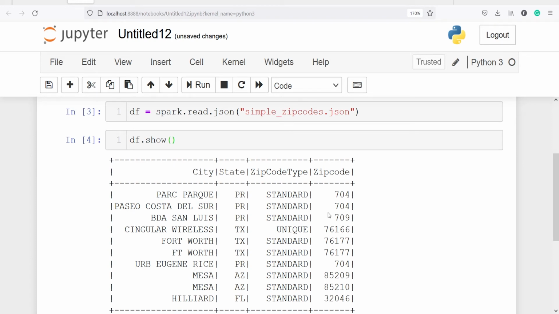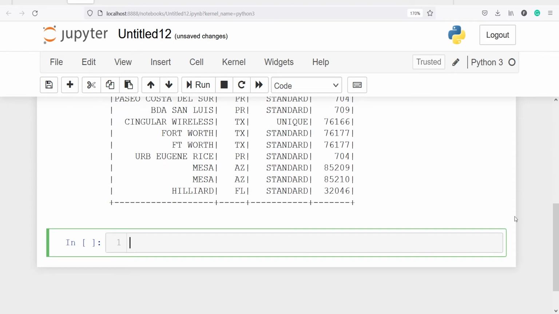Now to run any SQL queries on top of this data frame we have to create the global temp view. For example, if I try to execute any SQL query without creating the global temp view, it will not work, and I'll show you this. So I will write spark.sql. To run any SQL queries we have to call this function sql, and inside this I will write one SQL query.